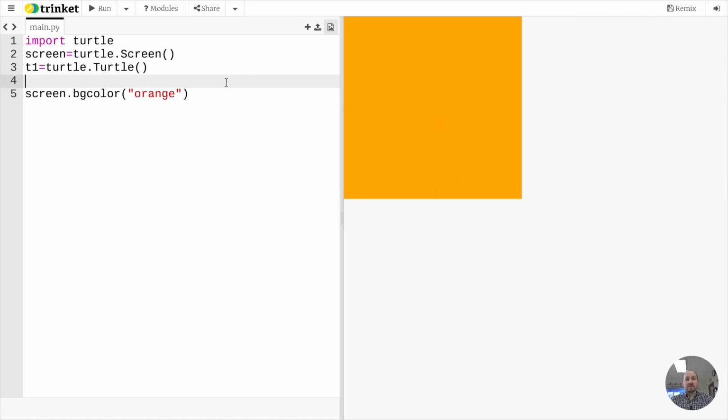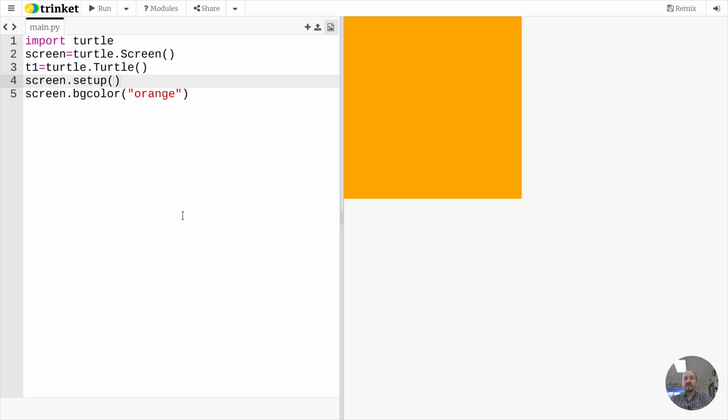As someone who likes to be in control of their code and make sure that things are not behaving unpredictably, I always want to make sure that I'm in control of how large my screen is. And also, it almost looks like this is drawing perfect squares. What if I want a rectangle, like a modern day television or a smartphone screen? So before I change my BG color, this has to happen before, right? I'm going to say